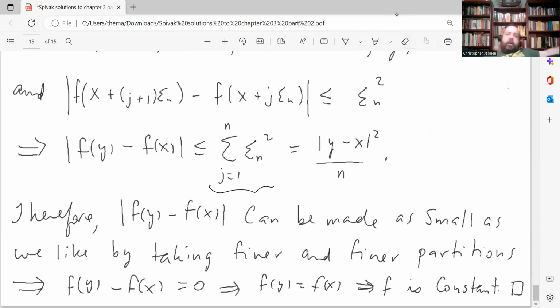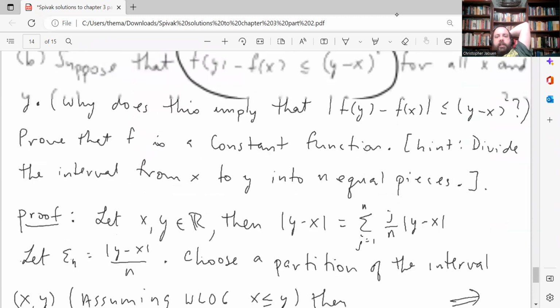So therefore, that quantity, the absolute value f of y minus f of x, can be made as small as we like by taking finer and finer partitions, meaning, take more points in the partition. And that implies that f of y minus f of x is equal to 0, which implies that f of y is equal to f of x. Therefore, f is constant, right? And that's the last bit of problems that I did in